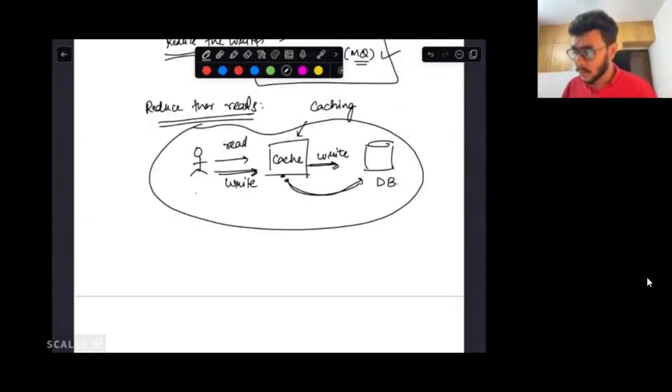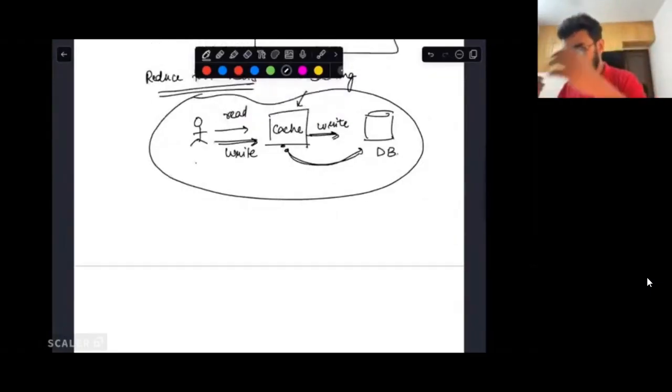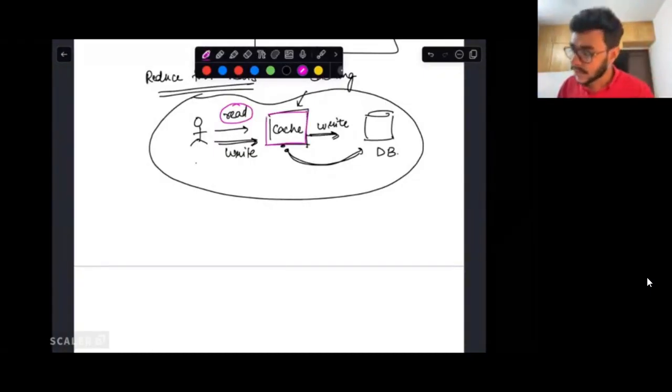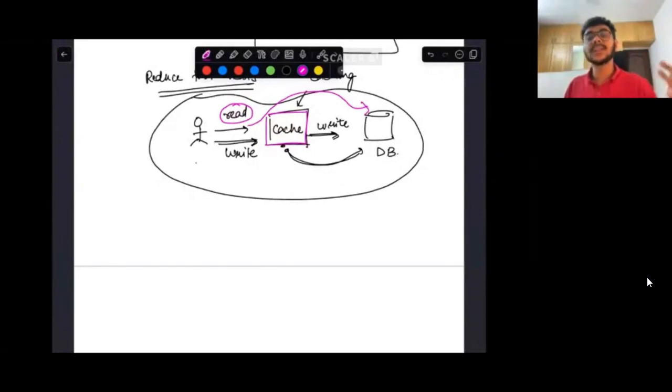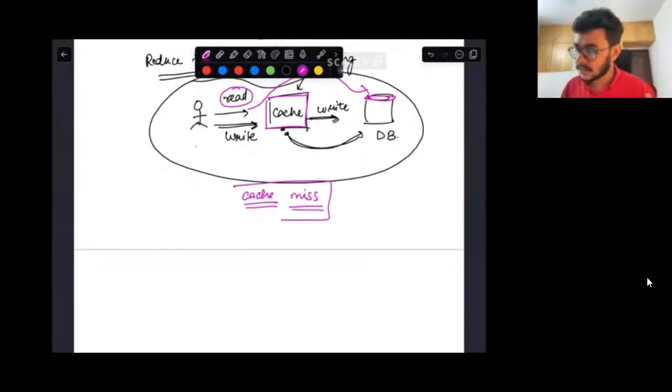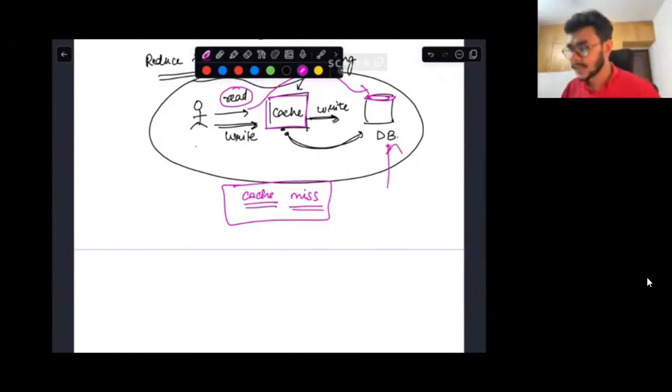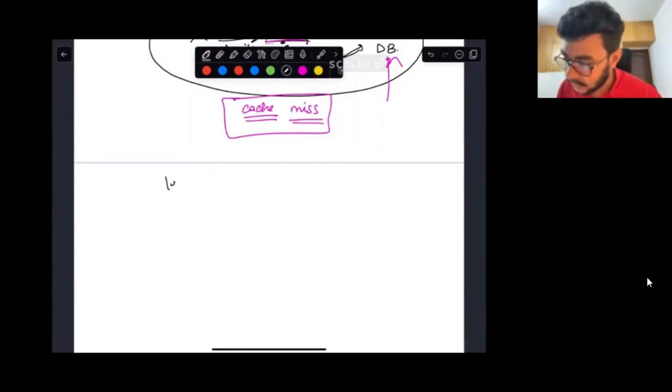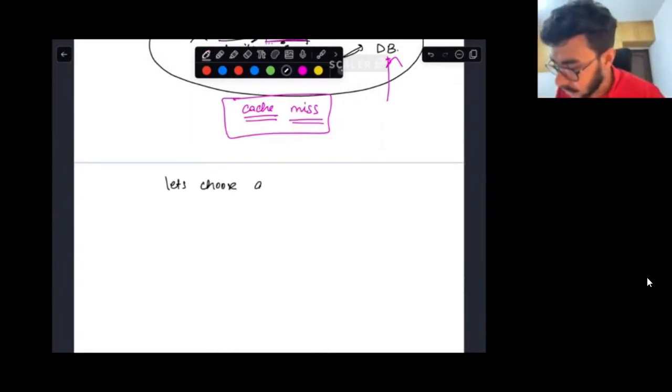Now, by virtue of this activity you would have seen that your read requests are being served by your caching layer itself, correct? And these read requests are not going all the way to your database, but they will go in case there is a cache miss, right? In case there is a cache miss, those read requests will actually go all the way to the database. But the percentage of read requests that will land on your database will be very less. And hence, we can conclude that let's choose a DB that